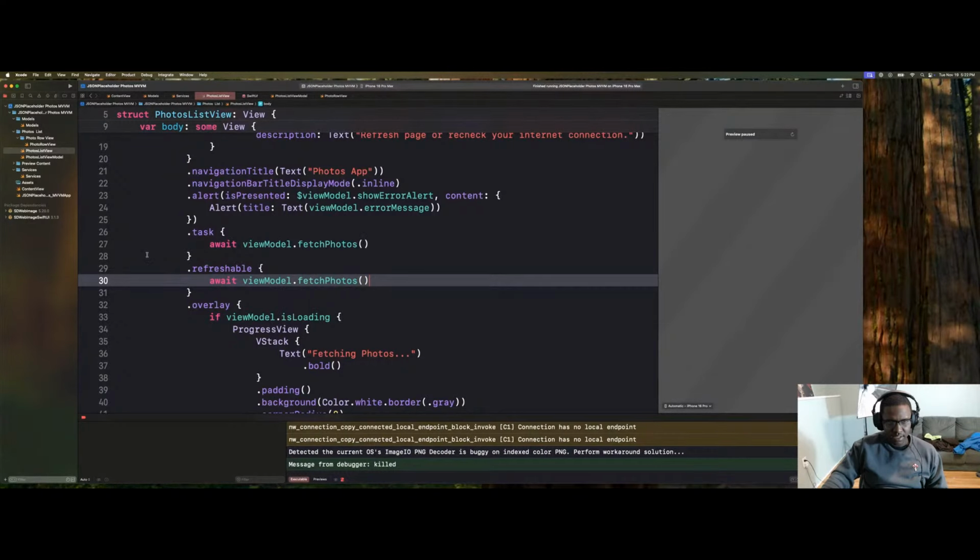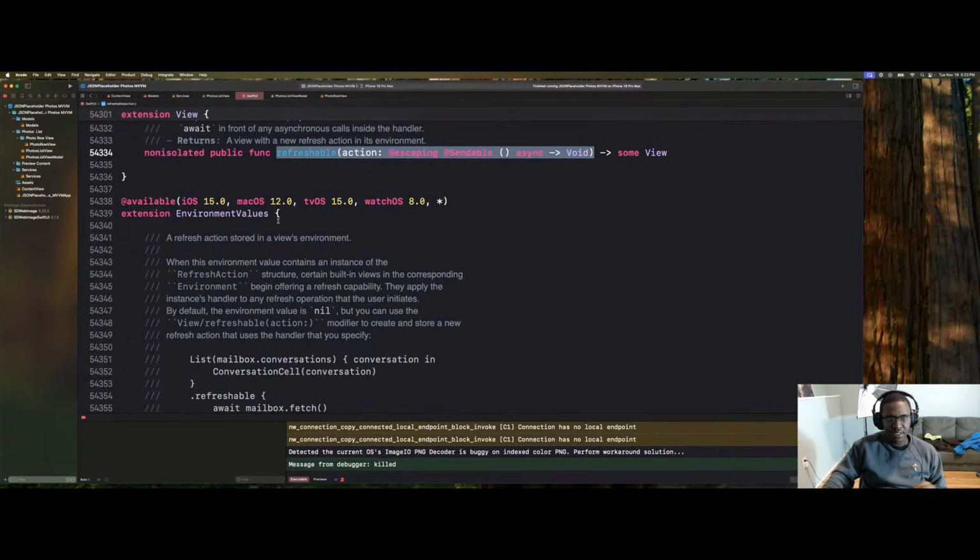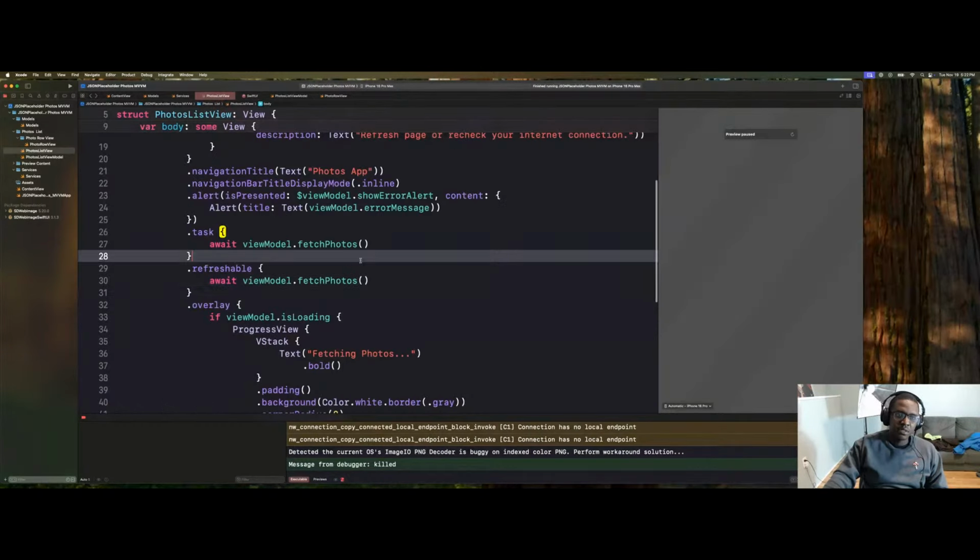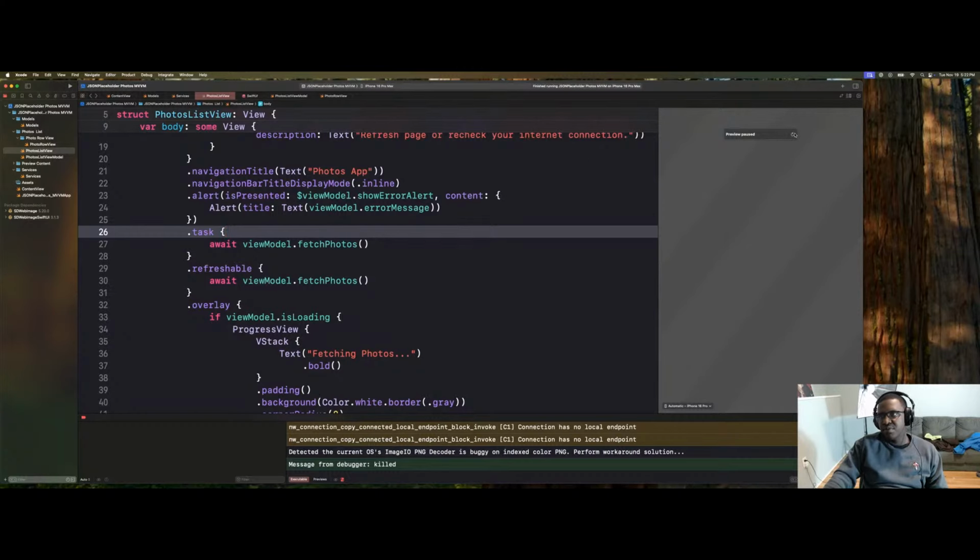Let me just check that it is asynchronous. So we'll do command click. And yeah, it is asynchronous. So we see the asynchronous tag there. So let's go back now. And then if we load our preview,